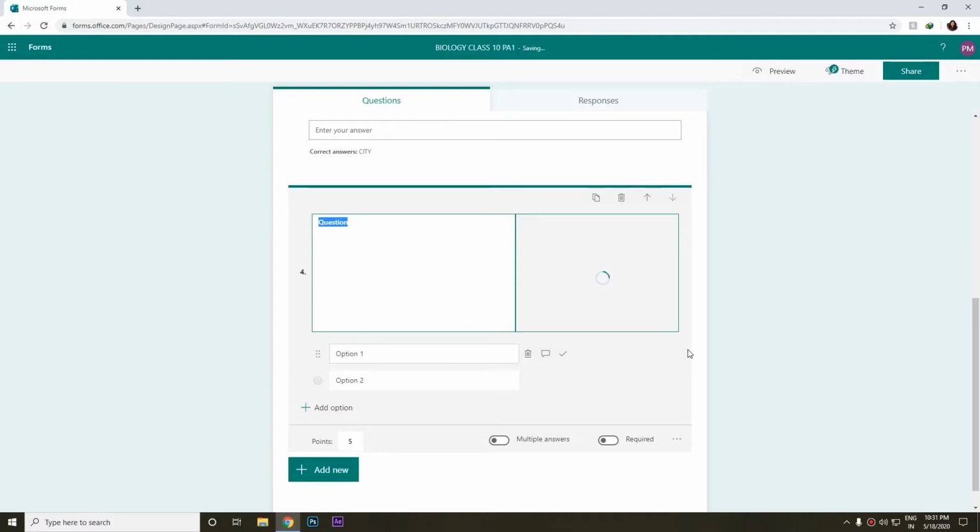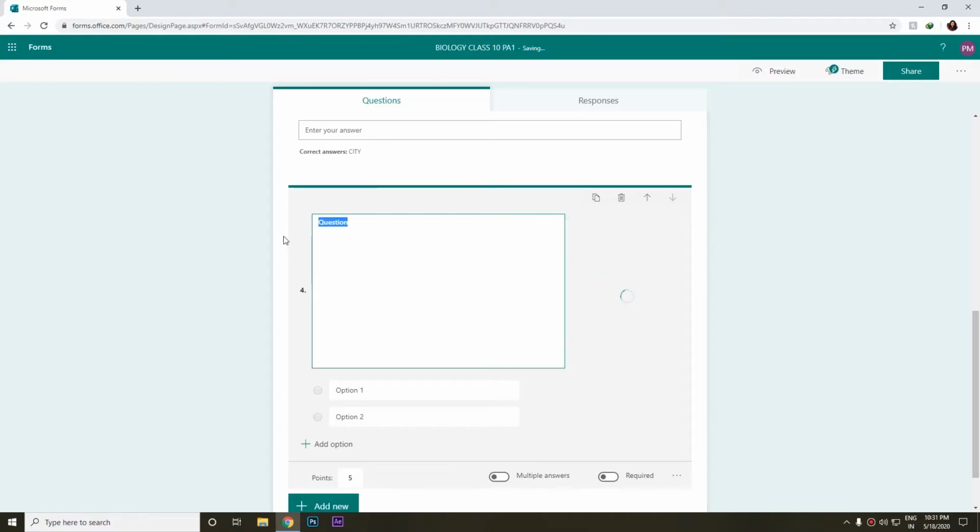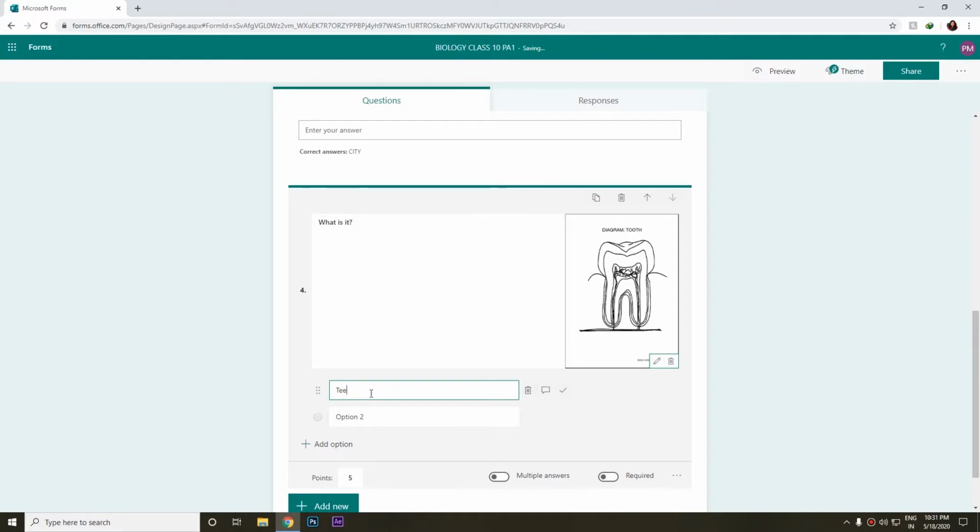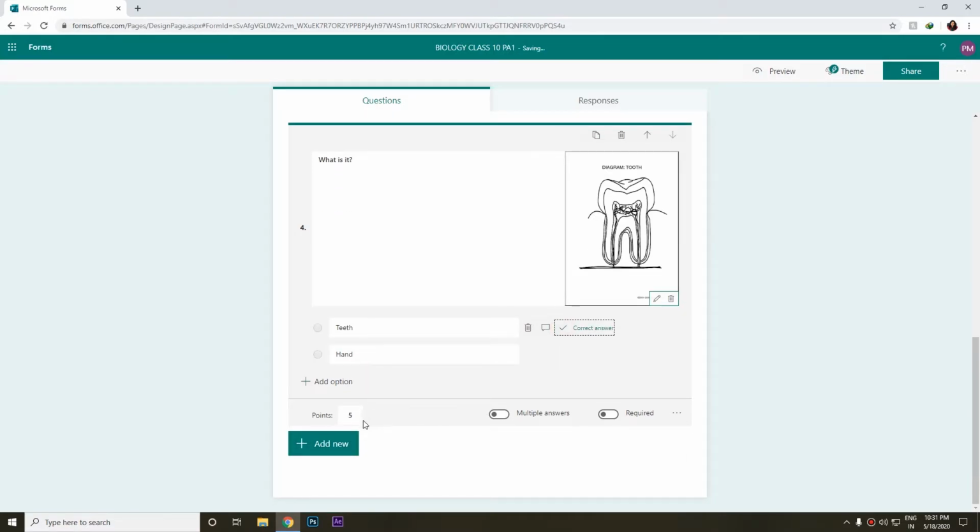So I added a picture of a tooth. What is it? Question mark. Teeth, hand. The correct answer is teeth. I marked it. It will hold 5 marks.